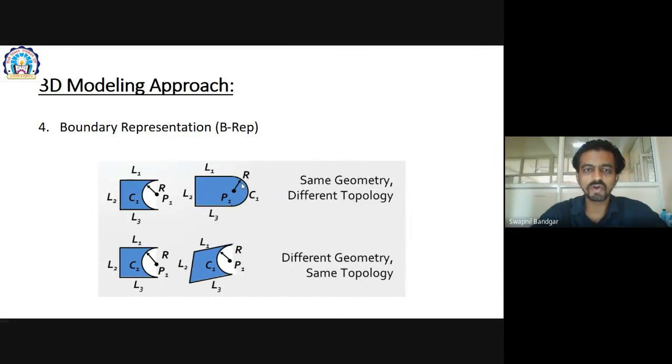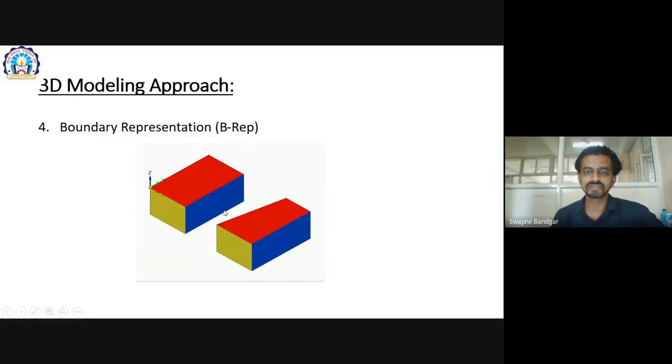Which point of a particular part is connected to which part of another surface or another line. These come under topology, and geometry talks about the shape of the object. In this case, let me add it to the paint and I will explain it more clearly.